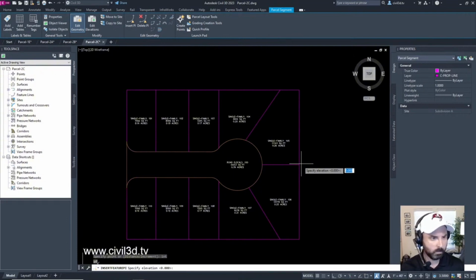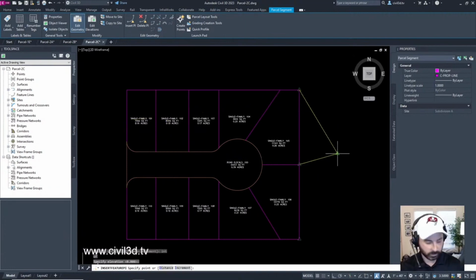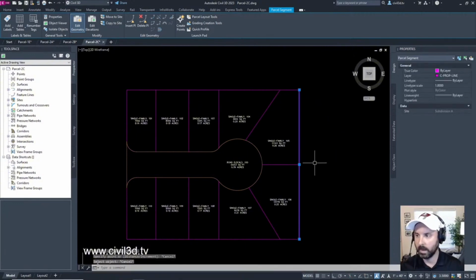Okay, point of intersection. We're going to press enter to accept the default elevation. And then we're going to press escape twice to exit out of the command, and that's basically it. That's it for that portion.